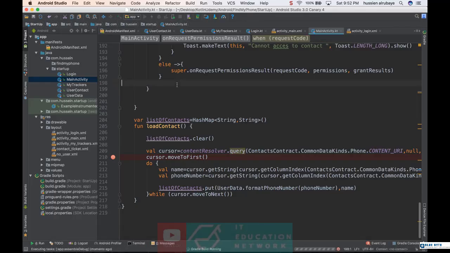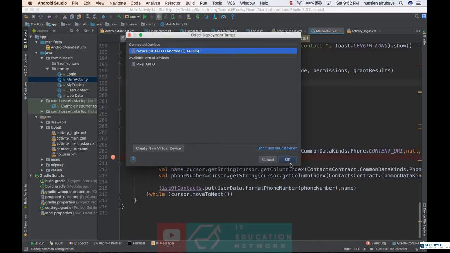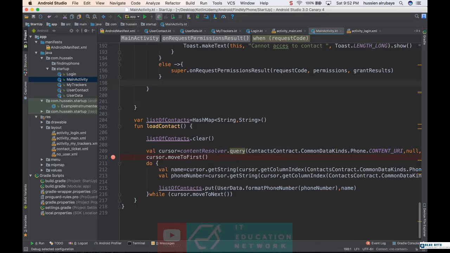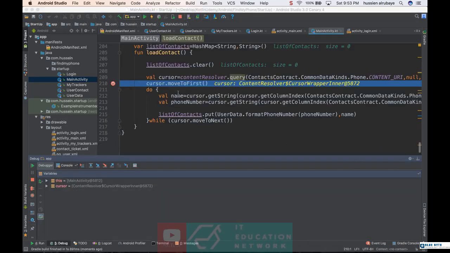I have to click the debug part. So wait a second, and just stop this one and just click on the debug. Let me make sure I just load all the phone numbers without any problem. Here we go. Now I am here. So if I just click next,